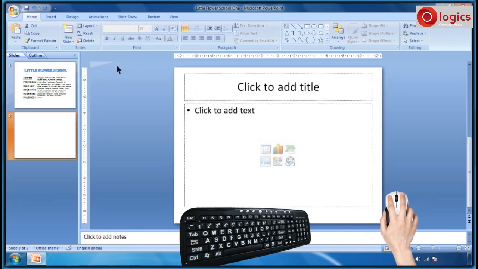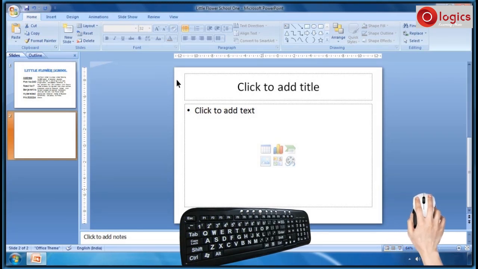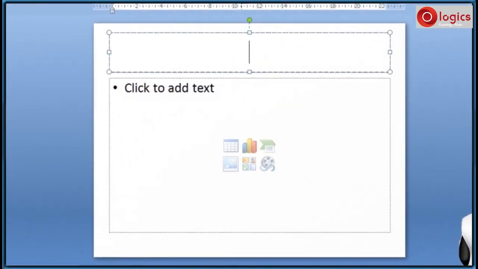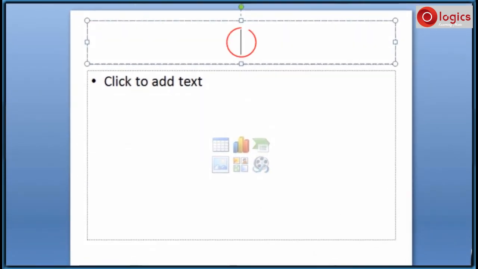New slide added to the presentation. Here I am clicking the first placeholder. The blinking object is the cursor, which enables you to type the text in the placeholder. I am typing the text, strength of my school.